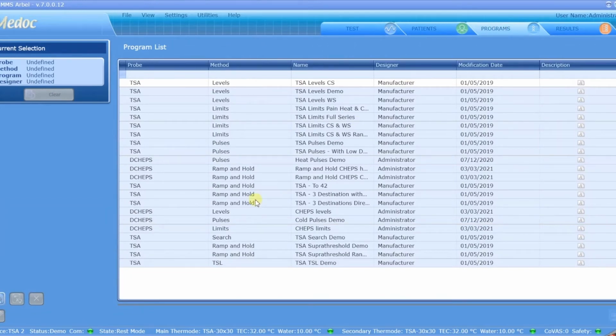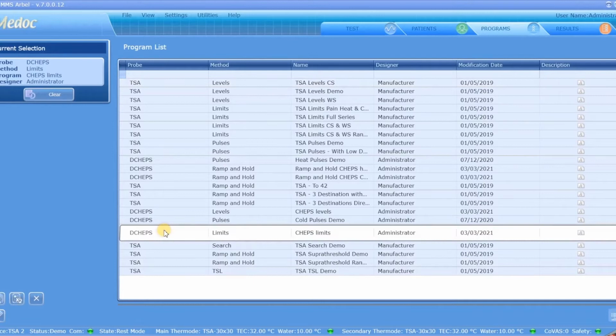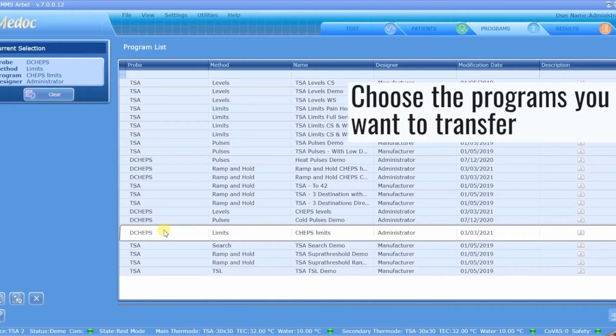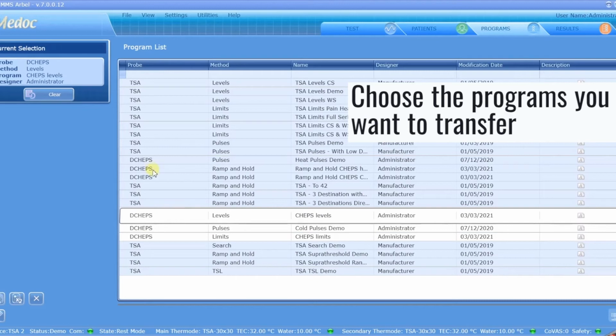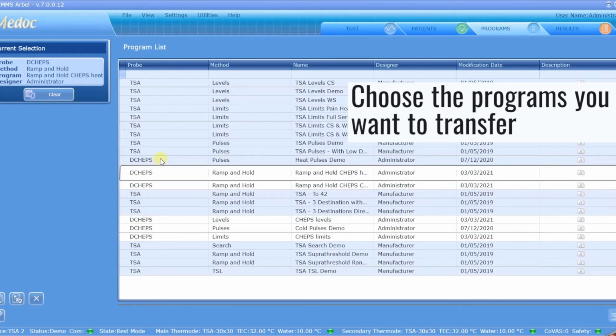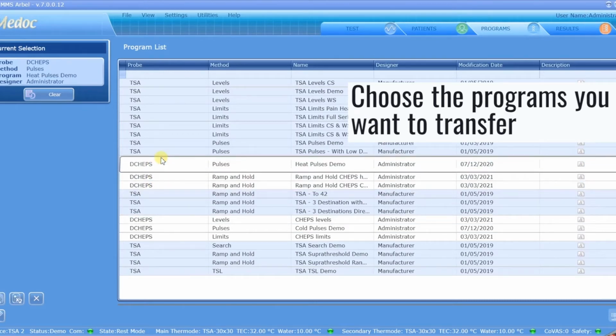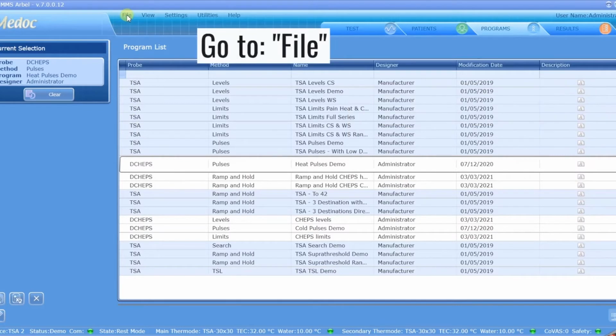Let's say that I want to save all the programs that were made for the chapter mode. So these are marked with dchaps. In order to choose them, I'm clicking on one of them, and in order to choose several of them, I'm clicking on Control and holding it down, and then clicking on the other ones that I want to transfer. I'm going to File right now,